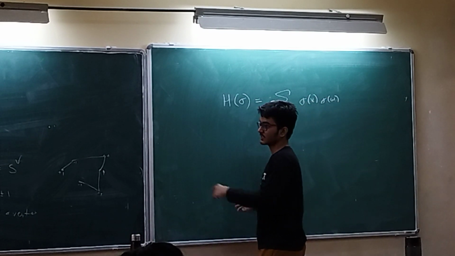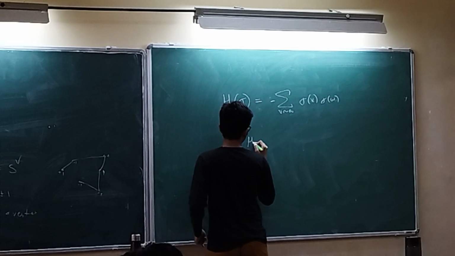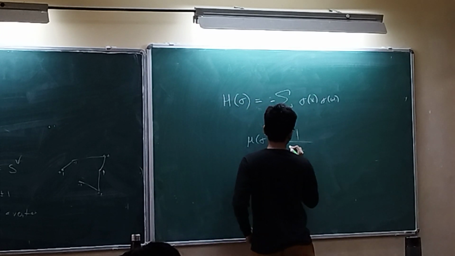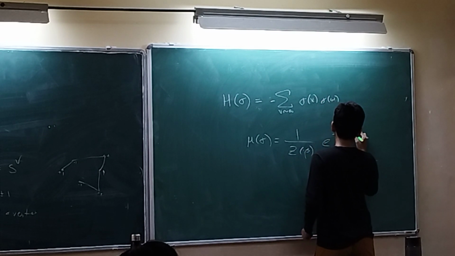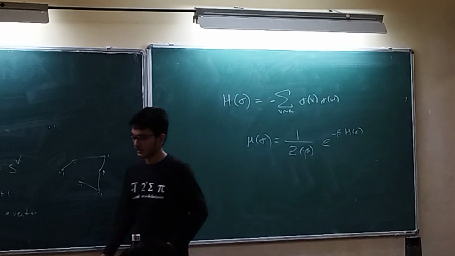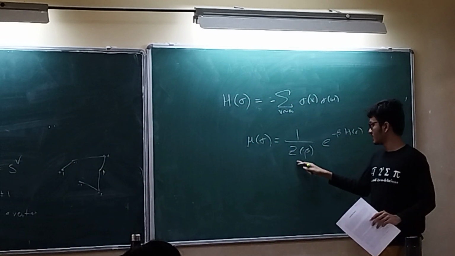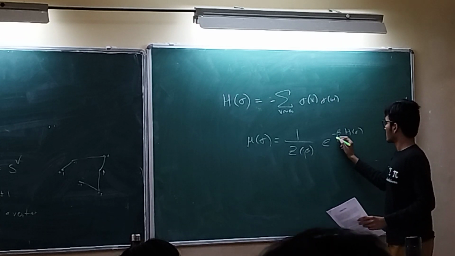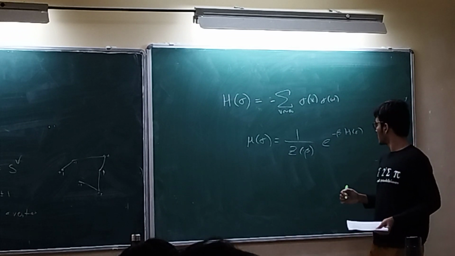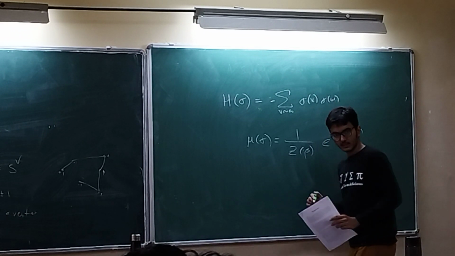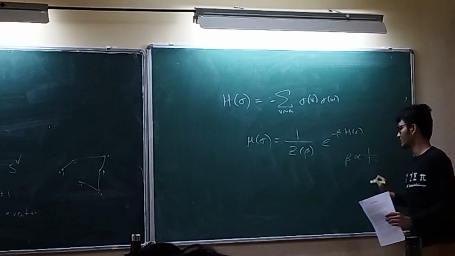And here, the distribution that was uniform in the random circuit is not uniform. In fact, we will use the Gibbs distribution, that is μ(σ) = e^(-βH(σ)) / Z(β). So Z(β) is nothing but a normalization constant, and I just define this e to the minus beta. What exactly is beta? I will explain. Beta is a parameter over here, but physically it has a meaning. Beta is proportional to the inverse of temperature.